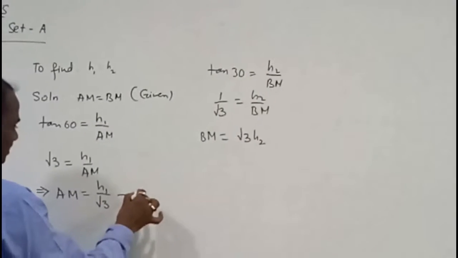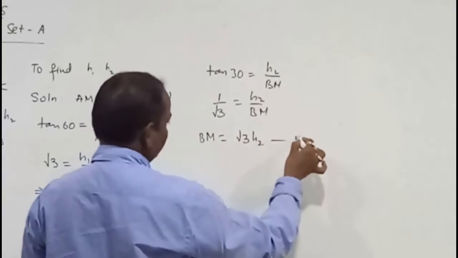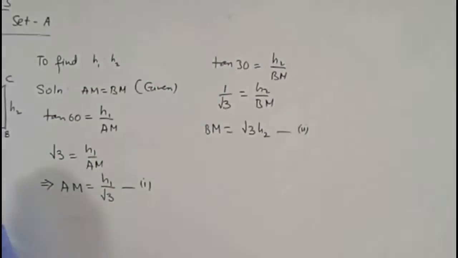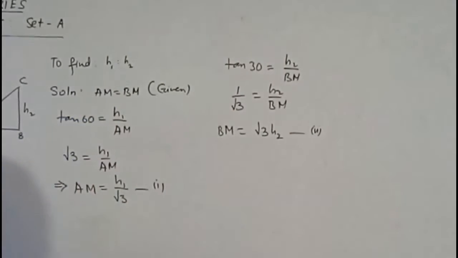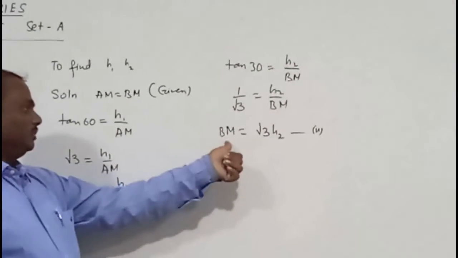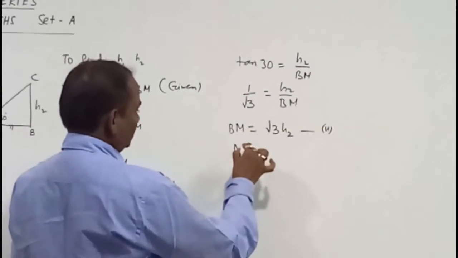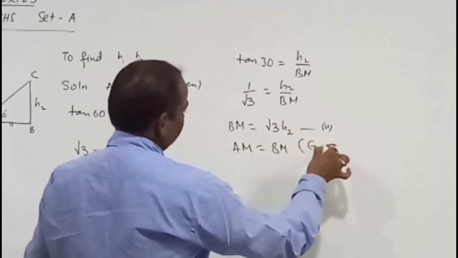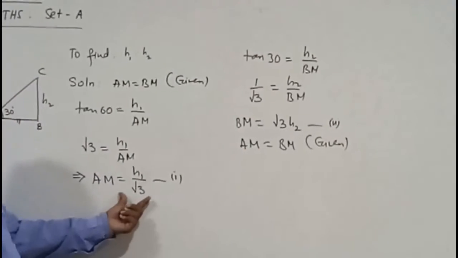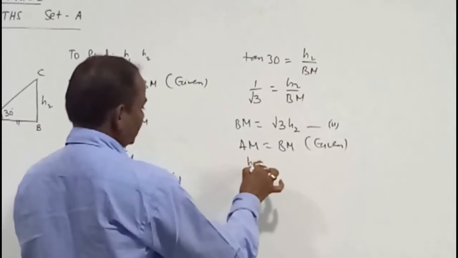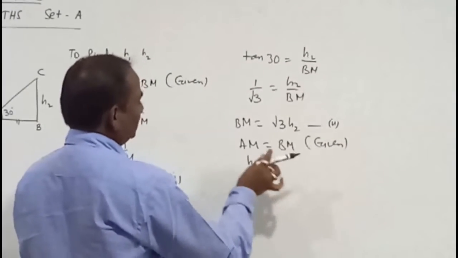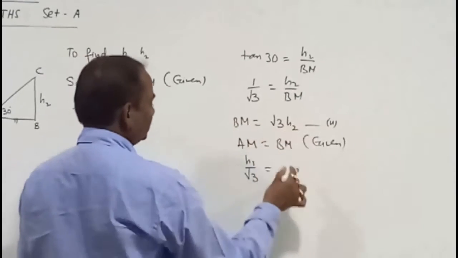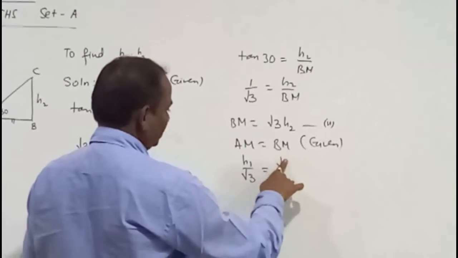If this I take as number 1 and this I take as number 2, now I know that AM is equal to BM. Here I have AM, here I have BM, and using that AM is equal to BM, which is given, I can write h1 upon root 3 in place of AM, and in place of BM I can write root 3 h2